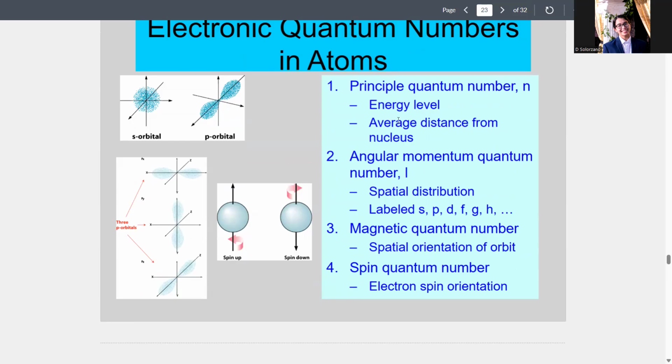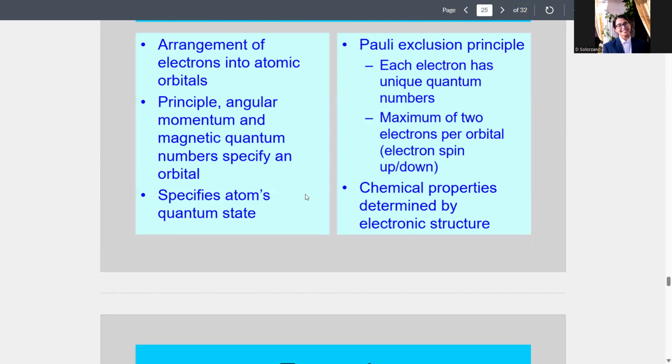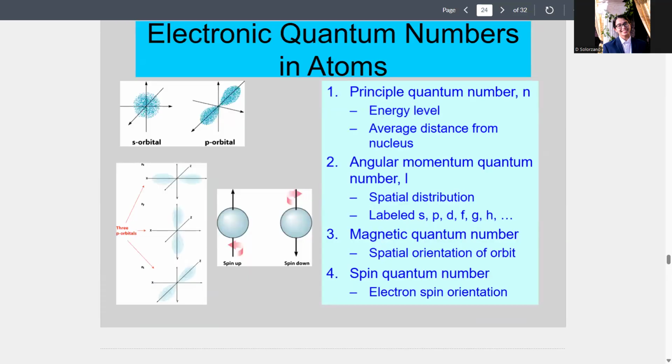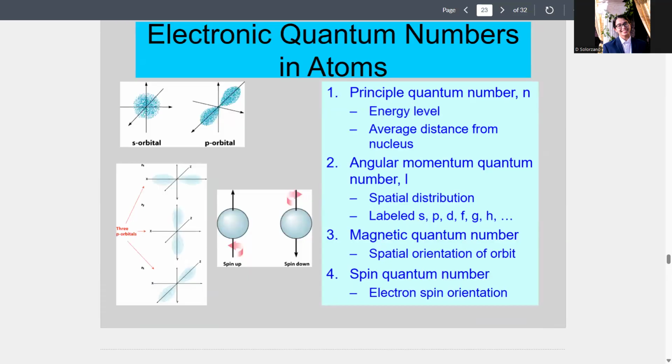Principal quantum number is just energy level, and all the rest is something you only really need to know if you're doing higher physics. But do know the shape of the orbitals. So know that p orbitals are shaped like this little infinity sign, and s orbitals are shaped like a circle. See how it's kind of like an infinity sign?